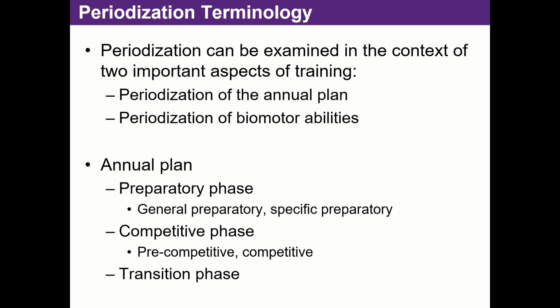So for example, we may focus on muscular hypertrophy, or muscular size, if you will, early in the general preparatory phase. At the same time, we're focusing on general aerobic endurance. At the same time, we're focusing on general speed development. So things like form running, making sure that they are efficient and economical in their running. And then later on in the plan, we'll work on maximizing strength, but then we'll really focus on agility rather